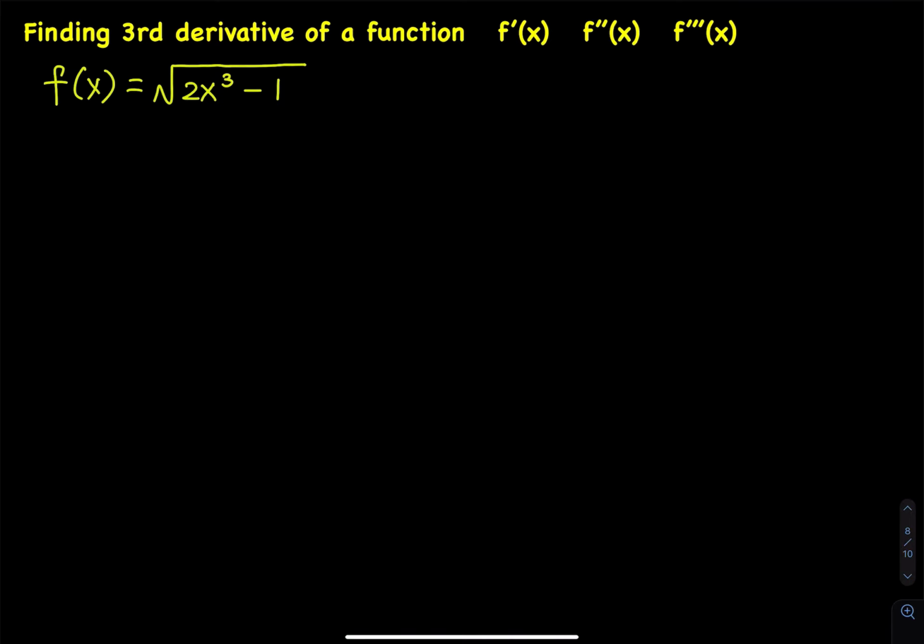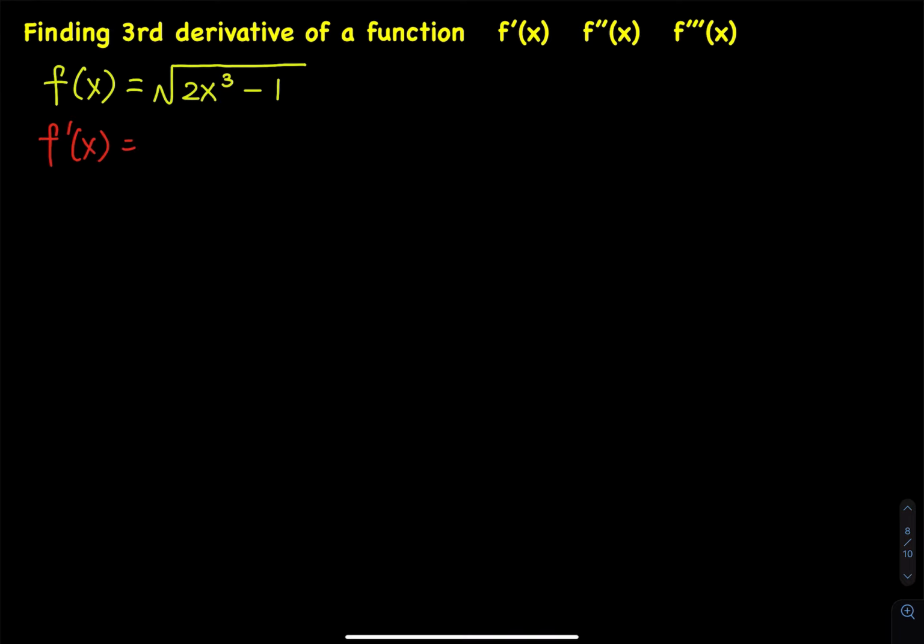Finding the first, second, and third derivative of this function. The function looks easy, but when you reach the third derivative, there is a lot of work. Let's get started. So first derivative, we have f prime of x, so that is equal to, so the square